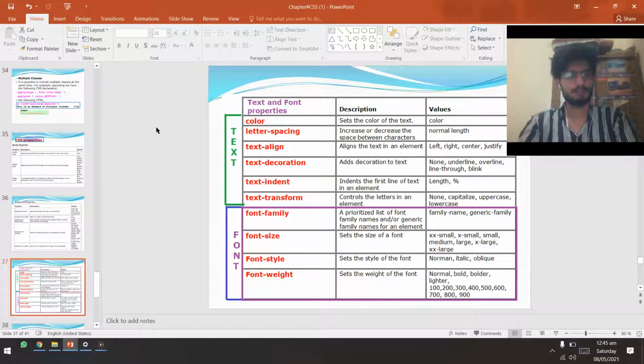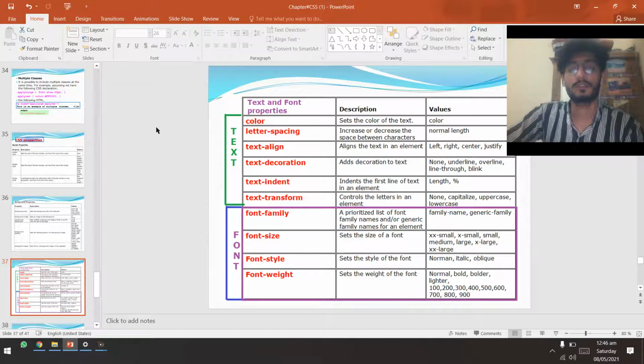So here was the quick and basic introduction of CSS. We discussed HTML types, we discussed what CSS is, we discussed the advantages of CSS, we discussed the 2 basic types of CSS, and we further discussed some properties of text and font and multiple classes, and we discussed the border properties. Hopefully this lecture is